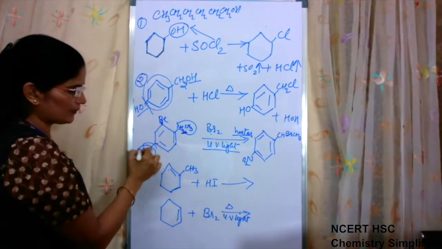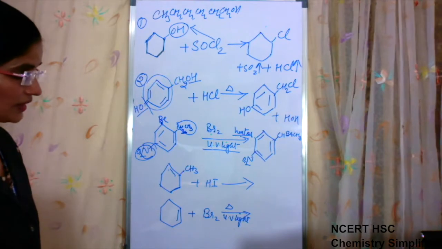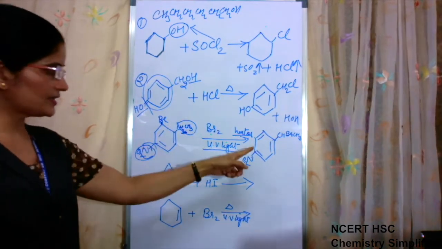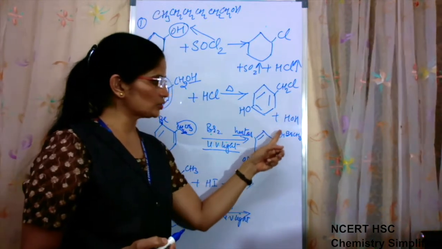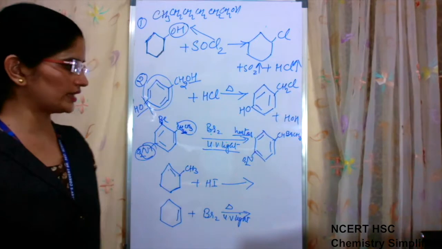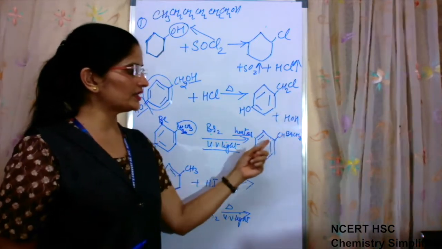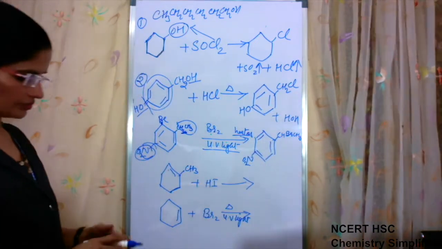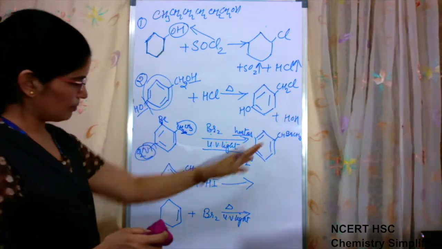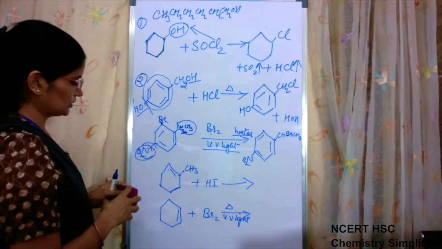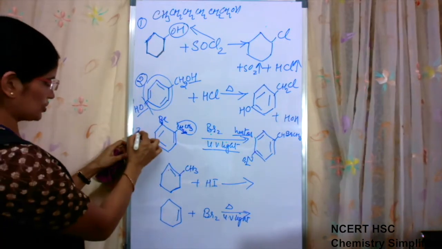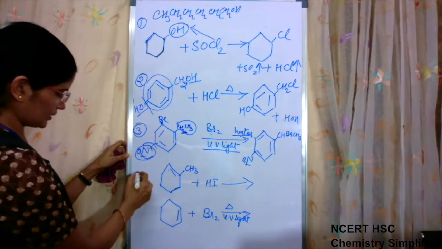This and this. मैंने CH3 पे भी जाके अटैच हो सकता है क्या? किस पे? No. CH3 पे? No, I told you. Always the carbon which is directly attached to the benzene ring, उस पे ही substitution होगा, no matter how long is this chain, because this is benzylic condition. Yes, ma'am. ठीक है? So this will be the product. Clear? So this was your third example. Anything?